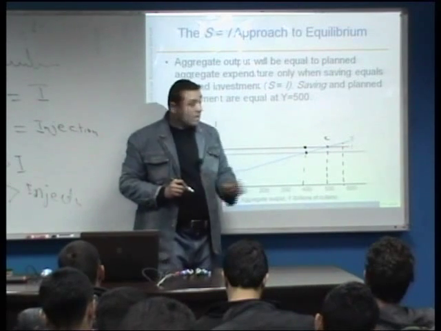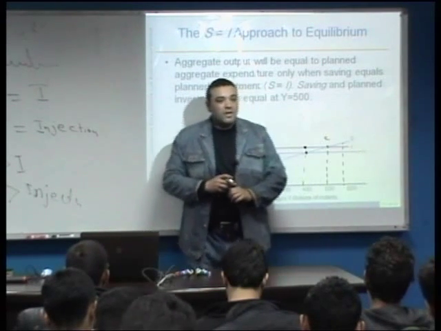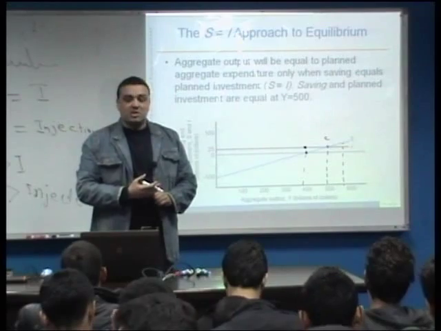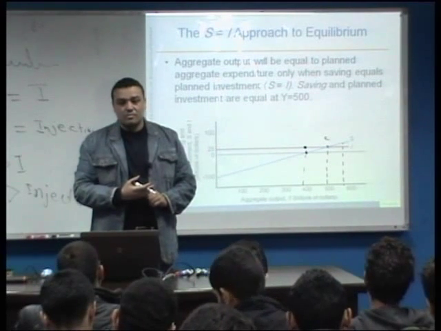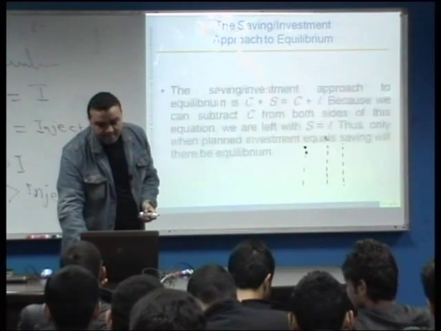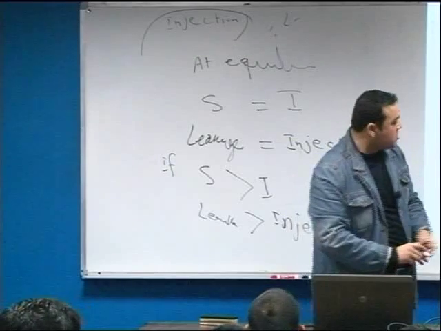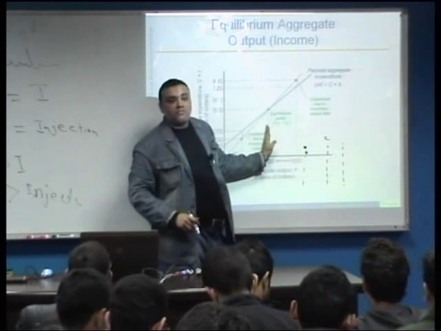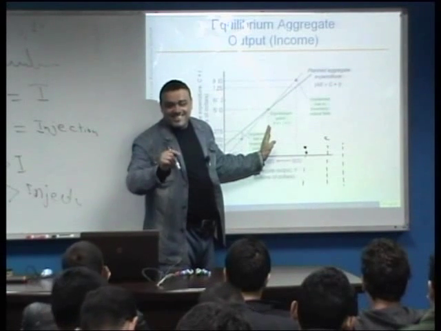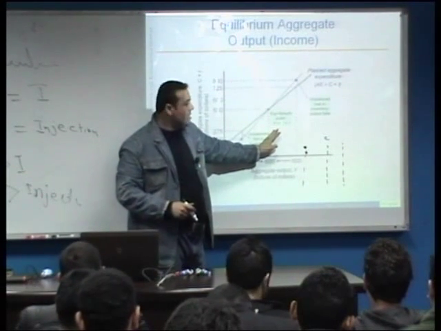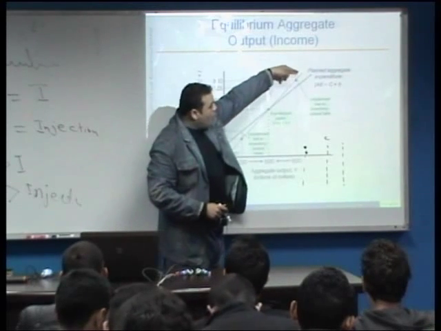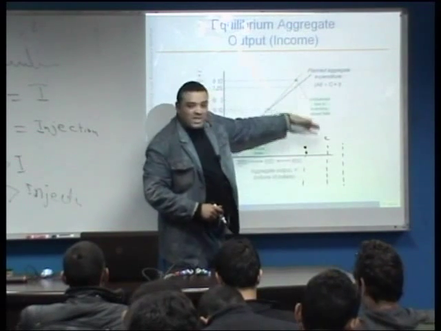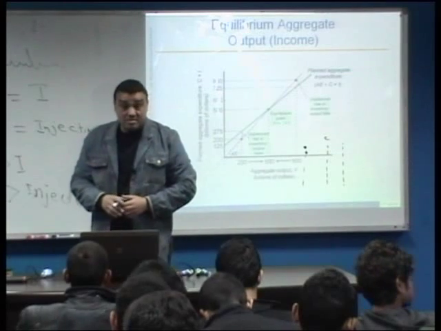صح؟ مظبوط ولا لا؟ طب at the right hand, we have a rise in the unplanned change in business inventory. Let's come back to that. Here, as you see, the unplanned rises in inventory, and the output would fall. So, when Y is larger than aggregate expenditure, what do you see? S must be greater than I. صح؟